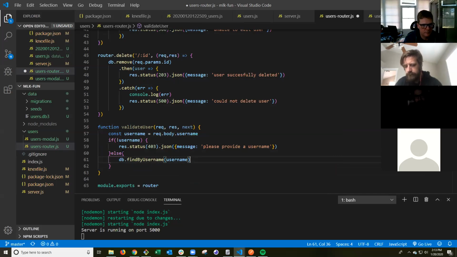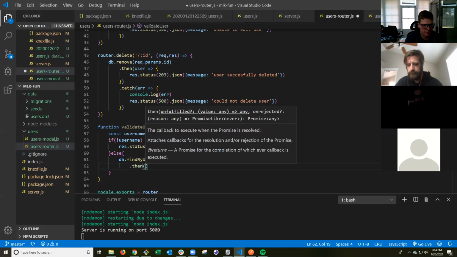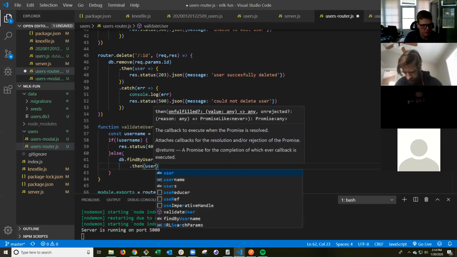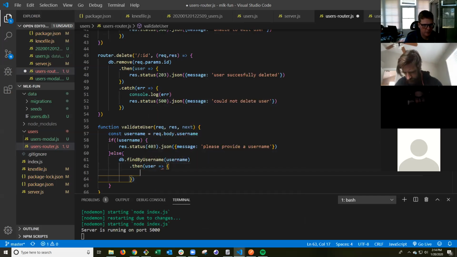Username. So if the username doesn't exist, please provide a username. Else DB find by username. Okay. We're at this point? Yep. Now we got the dot then. We're going to get back a user object. Okay, if the user object exists, so in this dot then, if it finds something, then we're